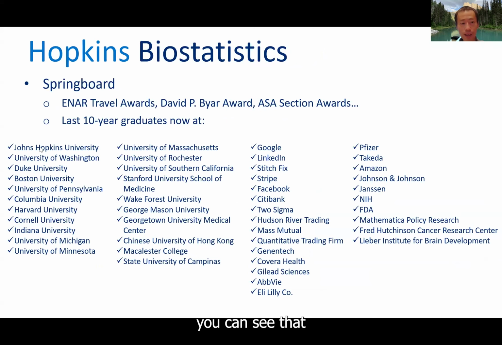And on the left-hand side, you can see these are the academia universities. It includes, for example, Johns Hopkins University, Duke, Harvard, Columbia, etc. And in the middle, you can see the industry jobs. Our students go to places like Google, Facebook, and also pharmaceutical companies like Genentech and Eli Lilly,